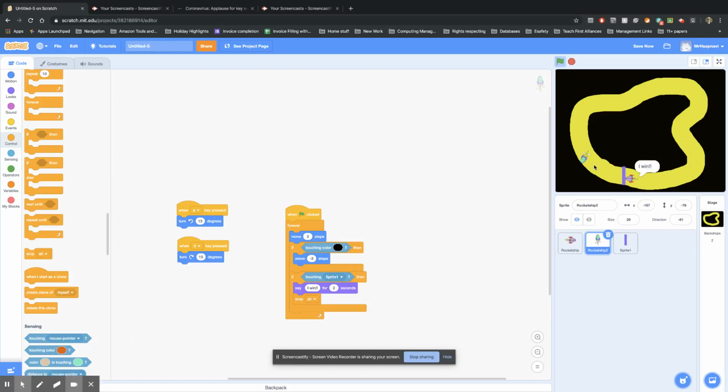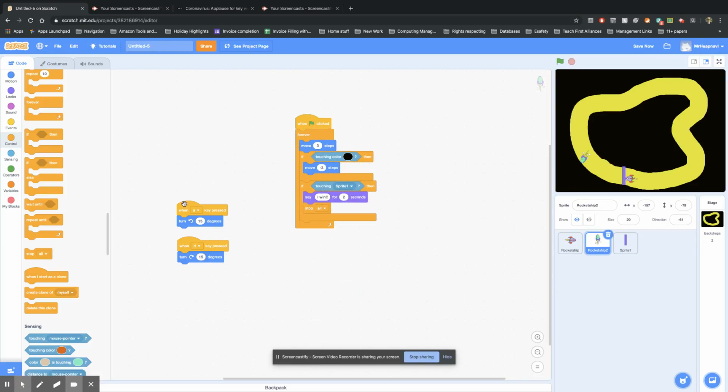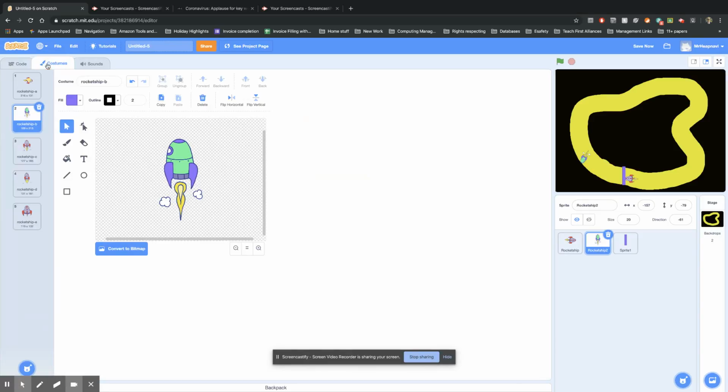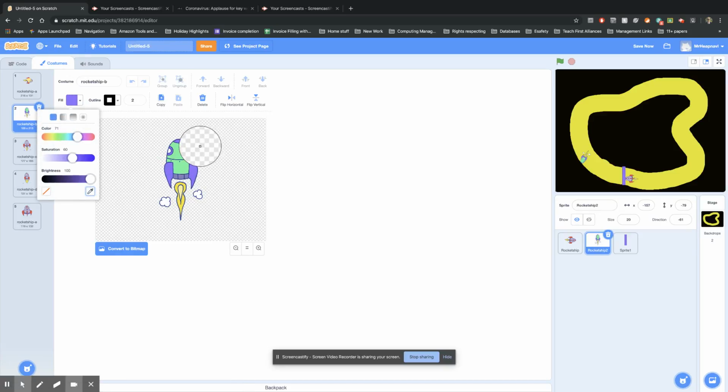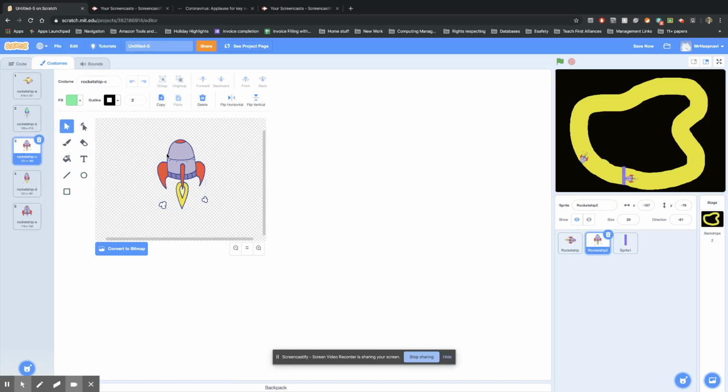I win! Excellent. And then the other one would do the same. Now, another thing we'd like to do is probably make it rotate like we talked about last week. So I noticed the costumes before. Oh, by the way, I had that problem. I just refreshed the page and it sorted the problem out, except it now needs to be green for all of them, doesn't it? So I'm going to just have to go to that, choose that colour, and then fill it in to that one,